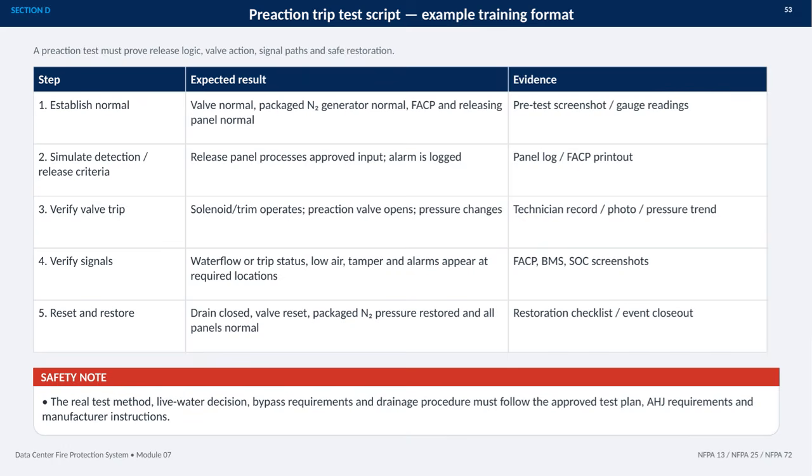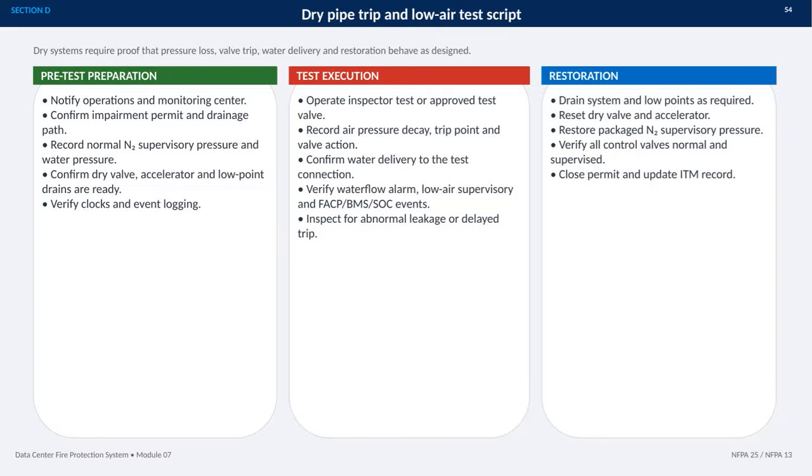The actual method, live water decision, bypasses, and drainage must follow the approved test plan, AHJ requirements, and manufacturer instructions, including NFPA 13, 25, and 72. This section covers the dry pipe trip and low air test script. The purpose is to prove that the system responds correctly to pressure loss, valve operation, water delivery, alarm reporting, and